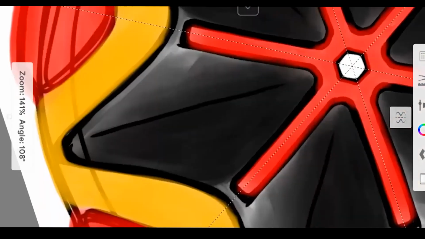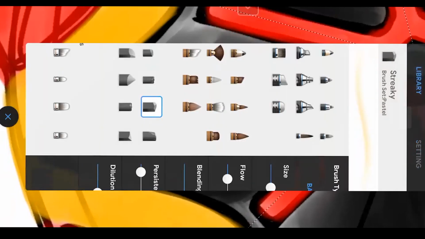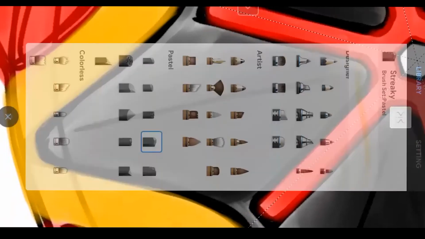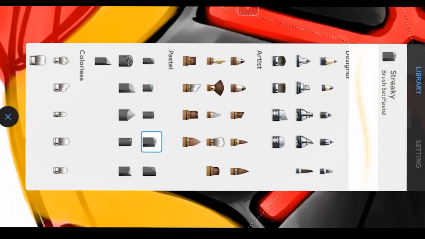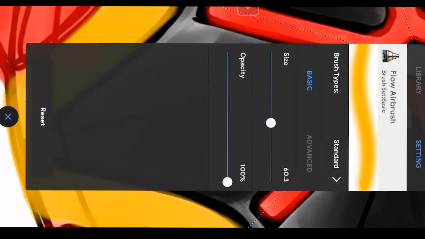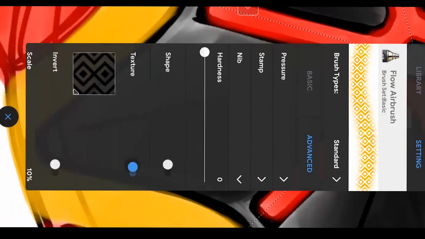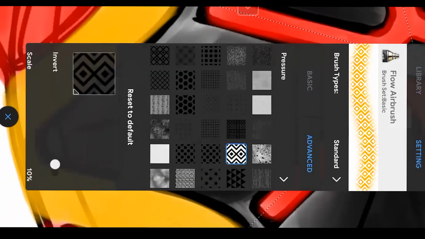Now here, as designers, I would like to do some crazy things. What I will do is grab an airbrush, increase the size, and then give some texture in this area.